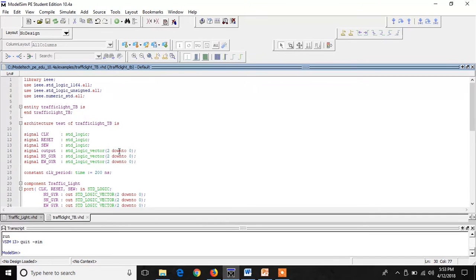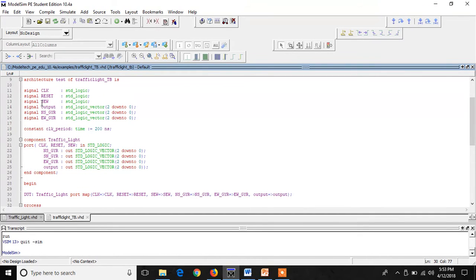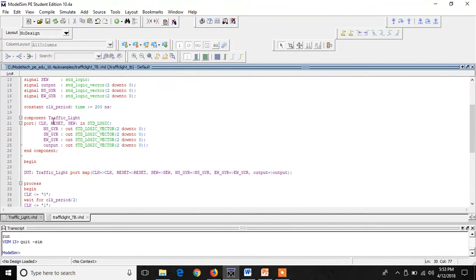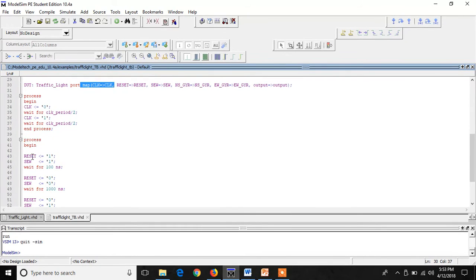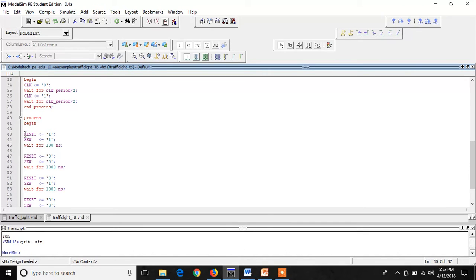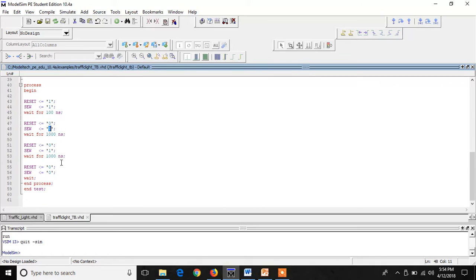Here's my test bench code. In the test bench code, I have signals for the sensor, the output, clock, reset, and the 2 lights. Here I ported them respectively, and I am testing it out. It starts out with reset being 1 and should do nothing here. And when reset is 0, the sensor is 0. Here there is no car waiting in the east-west lane, so for about 1,000 nanoseconds it's going to stay in that same state 0. And then after 1,000 nanoseconds there is a car waiting, so it's going to cycle through